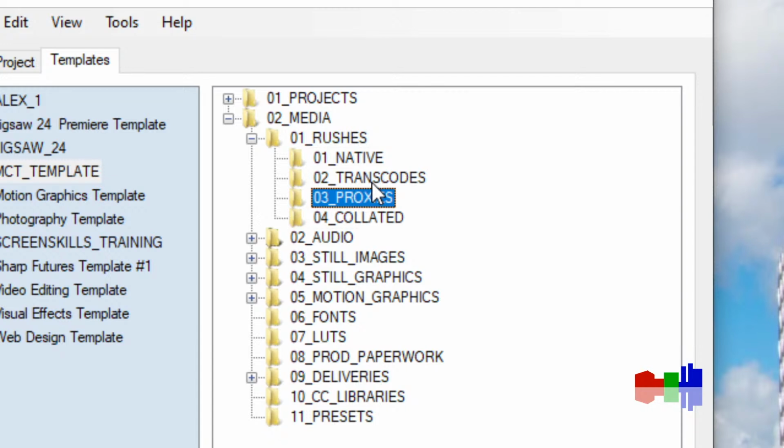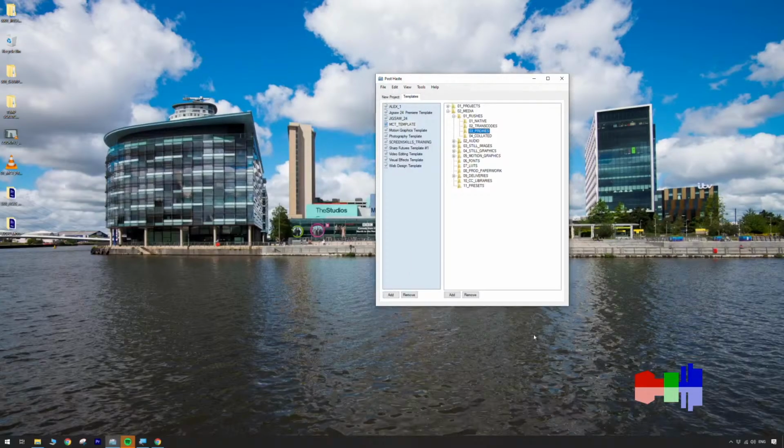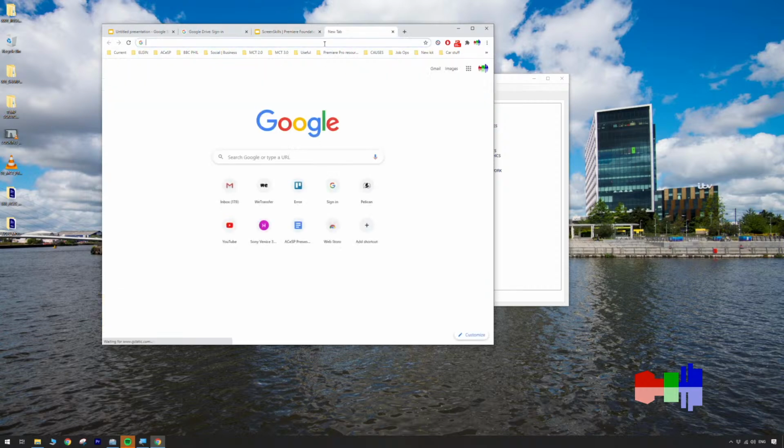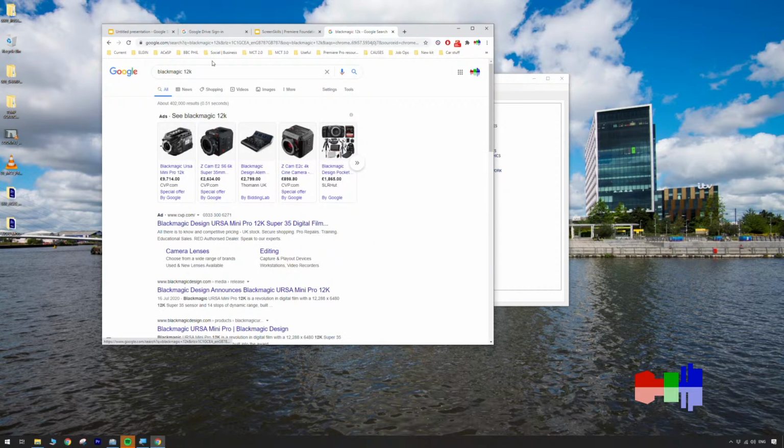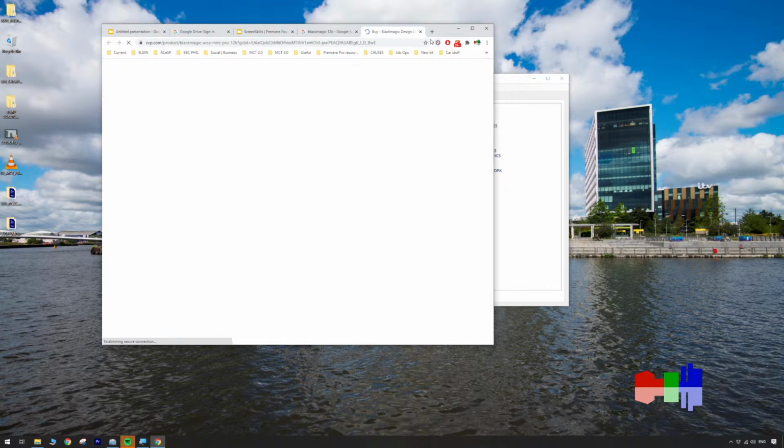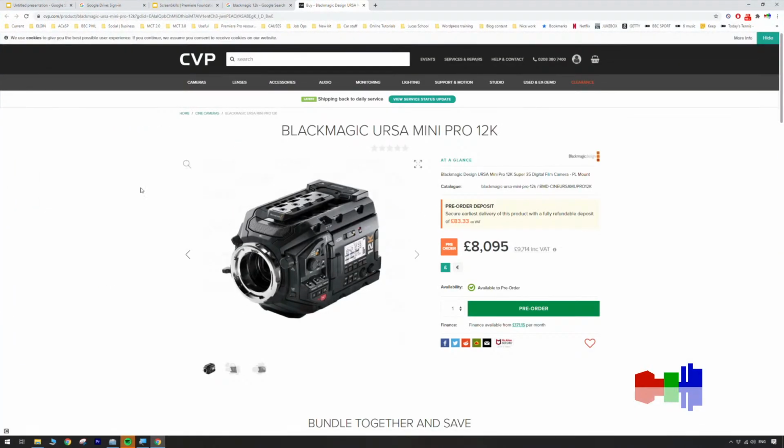Blackmagic have just made a new camera out, which I don't think anybody was expecting, but I don't know if you've seen this. Blackmagic are famous for making bonkers cameras. So yeah, Blackmagic Ursa. I mean, look at the price of it as well. It's ridiculous. So they've made a camera now that shoots in 12K. Did anybody see that coming? Is anybody just crying out for a 12K camera? I don't know. I mean, Blackmagic do make good cameras. I don't want to disparage Blackmagic, but